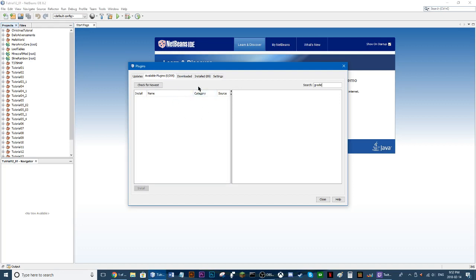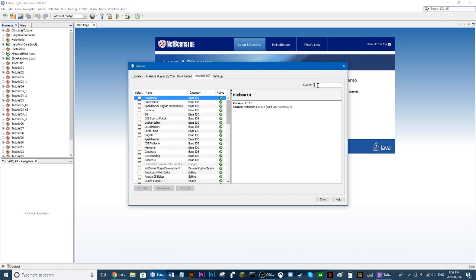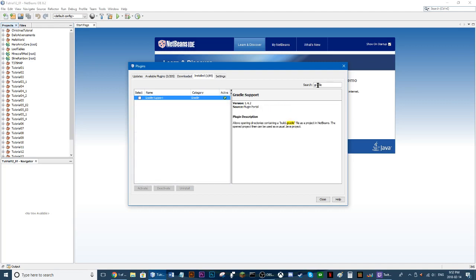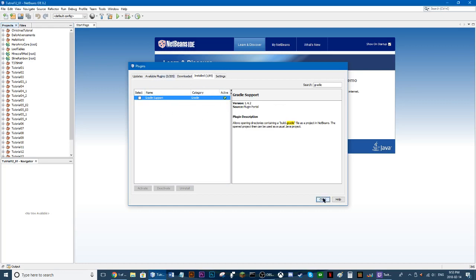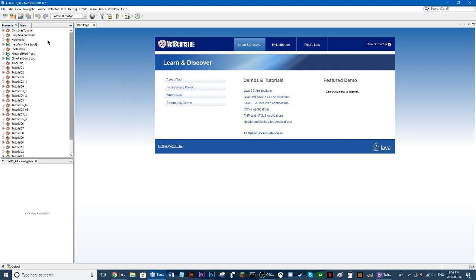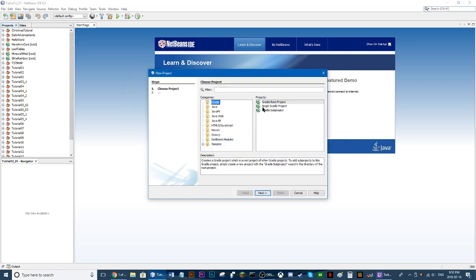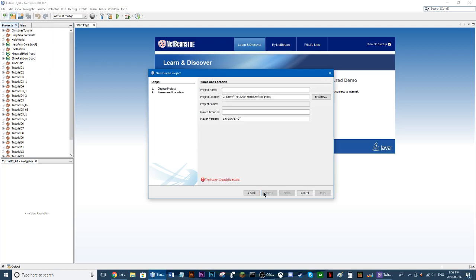Now, since I already have it, it'll be in here. Like, watch. Right there. So, yeah, naturally, it's right there. I have it. If you don't know how to install a plugin, yeah, okay, it's a bit of a pain in the butt. But anyway, what you want to do,